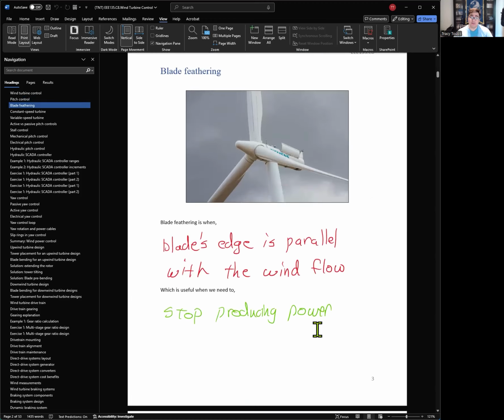Now that we know that the blades can spin, there's one special condition called blade feathering. What we can do is we can make sure that the blades will be completely parallel with the wind flow. So that's what blade feathering does. Why do we want to do this? Well, remember from our previous section, if the blade is completely parallel with the wind,